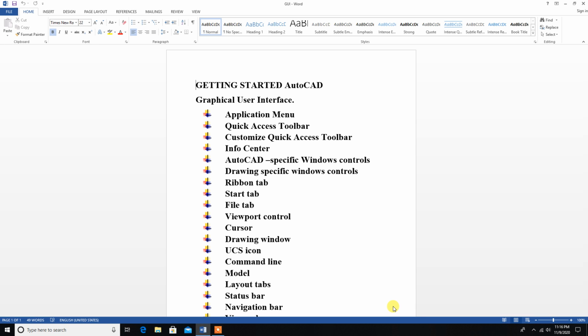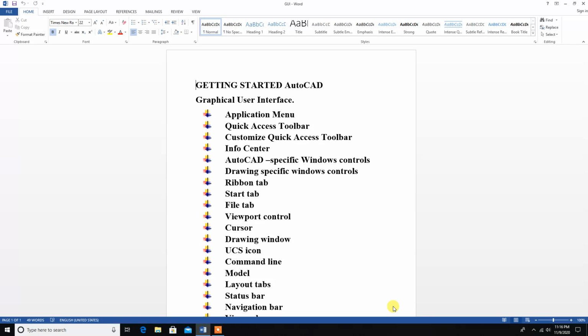So I thought of recording the basics of AutoCAD because I'm getting a lot of response for AutoCAD videos. So I thought of explaining the basics of AutoCAD also. Initially I posted those exercises for my students, but nowadays a lot of students from other sections are also using my videos. So for that purpose, I thought of explaining the basics of AutoCAD. Now let's start with how to start AutoCAD.